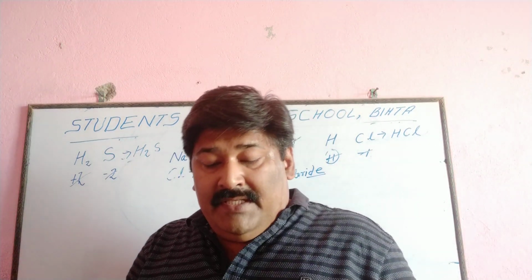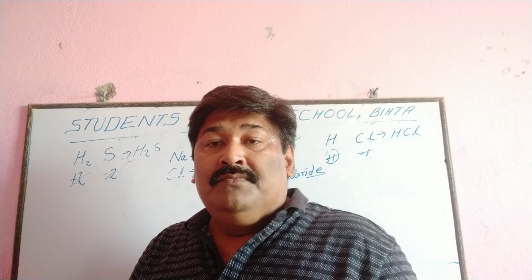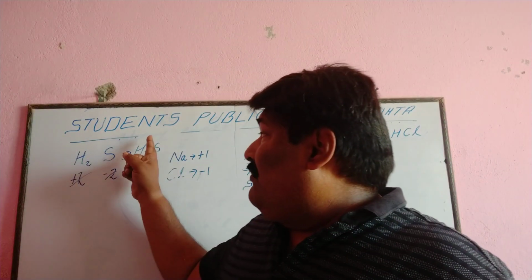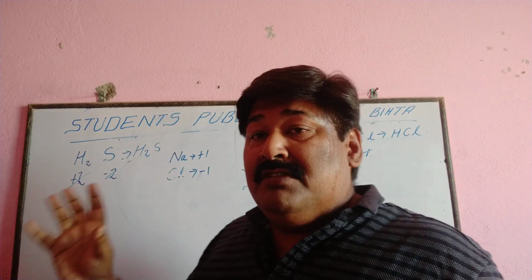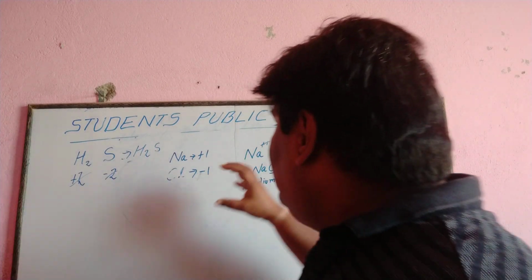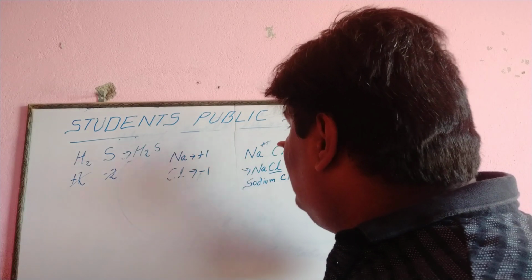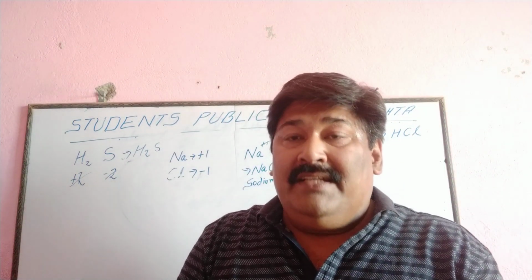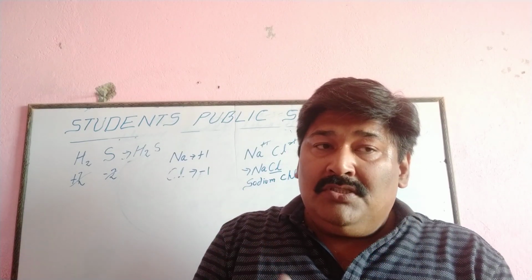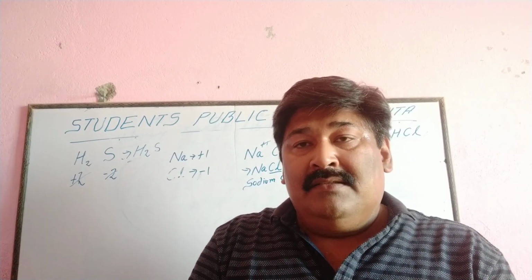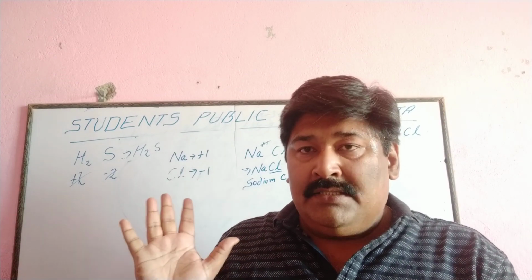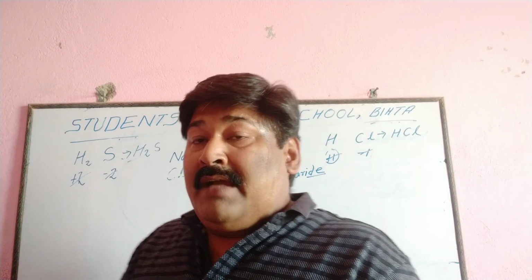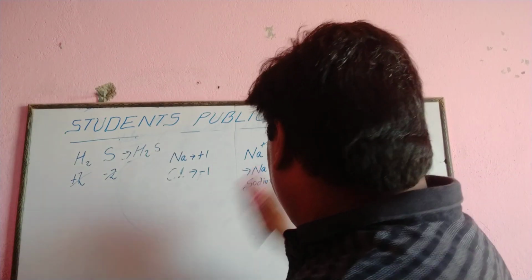The net charge of any compound is 0. Hydrogen sulfide is formed. We will add the charges of hydrogen and sulfur. The net charge will be 0. Here the net charge of sodium chloride is plus 1 minus 1, 0. If the net charge is 0, then our formula is correct. If the net charge is not 0, the formula is incorrect. Simple method to check it. Okay? Now, if we take carbon tetrachloride,